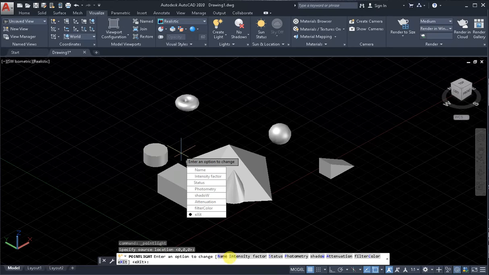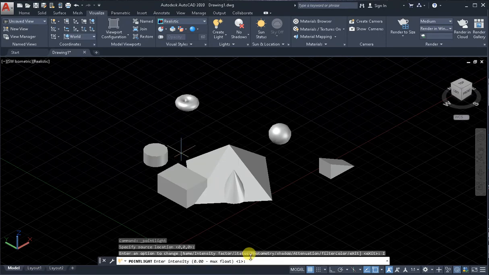in the command line, activate the option Intensity factor. But first of all, simply click the left mouse button on the point, and in the command line click the left button of the mouse. Specify, enter intensity, it's maybe 50. Enter the digit and press Enter on the keyboard,